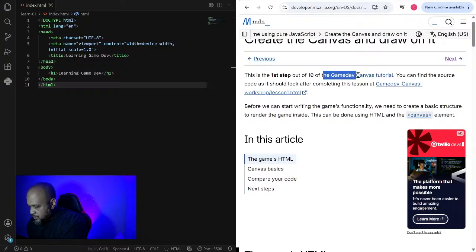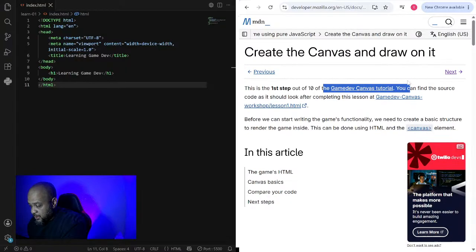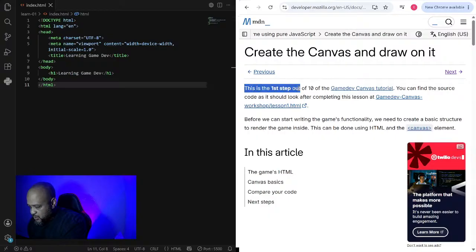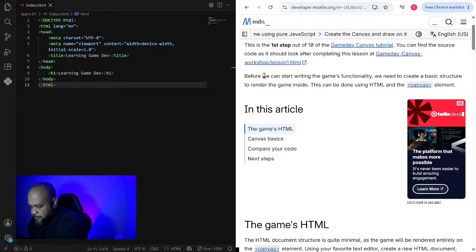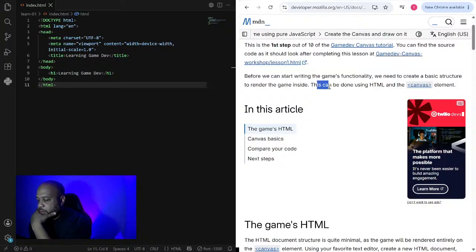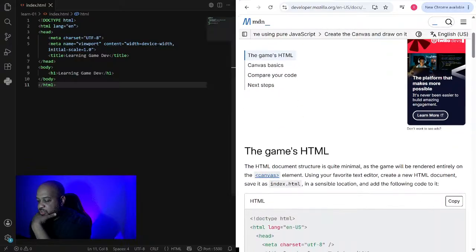out of 10 of the game dev canvas tutorial, and this is on the MDN developer documentation. Under this chapter is to create the canvas and to draw on it. You can find the source code, which we're not going to worry about, but it's good to know that it is there if we need it. Before we can start writing the game's functionality, we need to create a basic structure to render the game inside. This can be done using HTML, the canvas element. So you'll start with